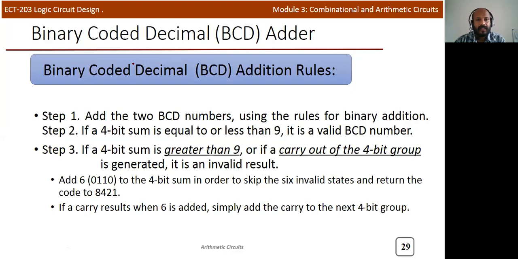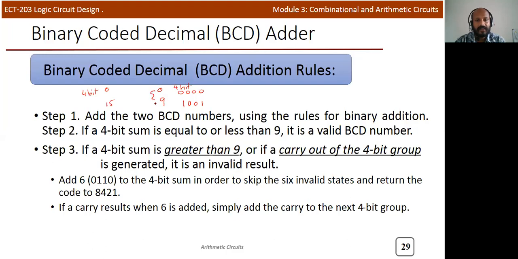Before going to the BCD addition, I'll just mention the rule. We can add BCD numbers. I'll repeat what a BCD number means. The decimal numbers 0 to 9 can be represented directly by a 4-bit binary. But if you use 4 bits to represent binary data, you can represent 0 to 15, so there are 16 combinations in total.